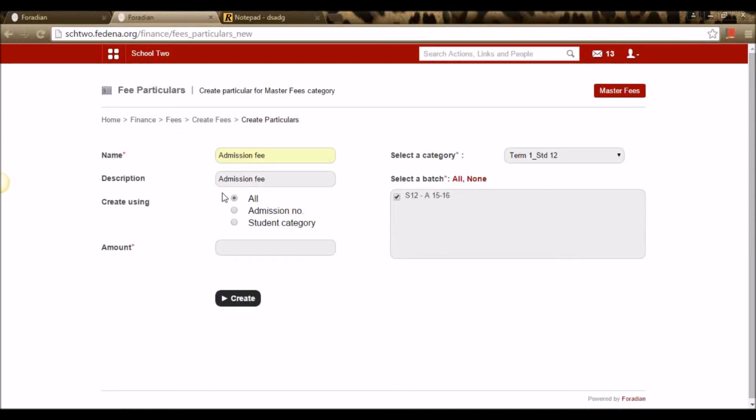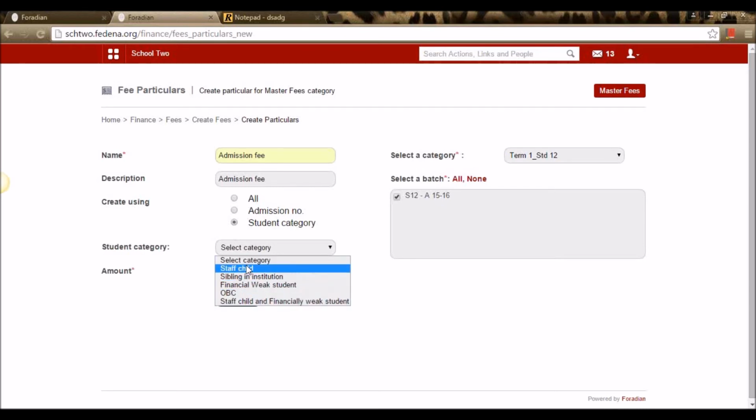Now this particular that I've created is applicable for all students. I also have an option of giving this particular only for a selected number of students. So I can select a student category and choose a particular student category from the drop down.